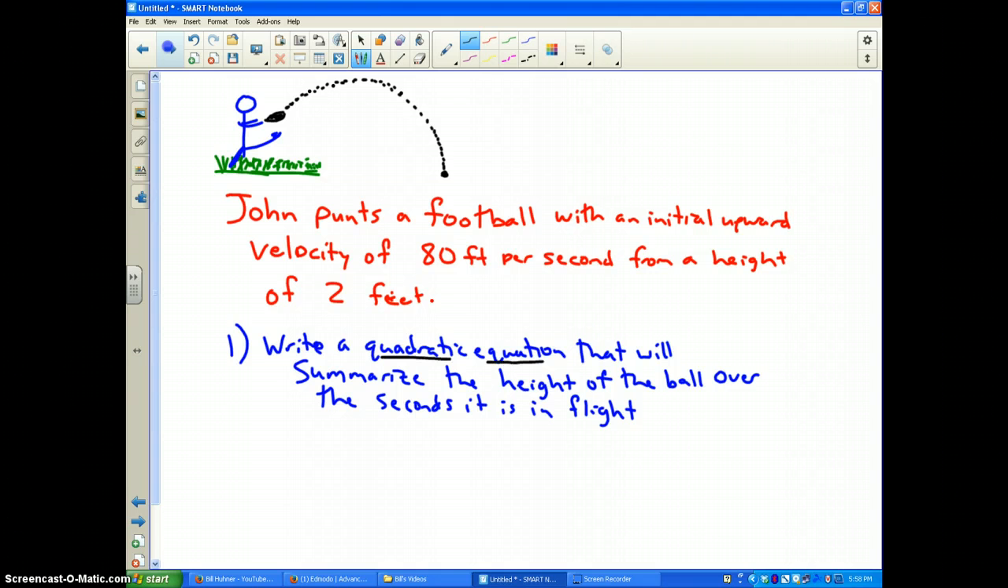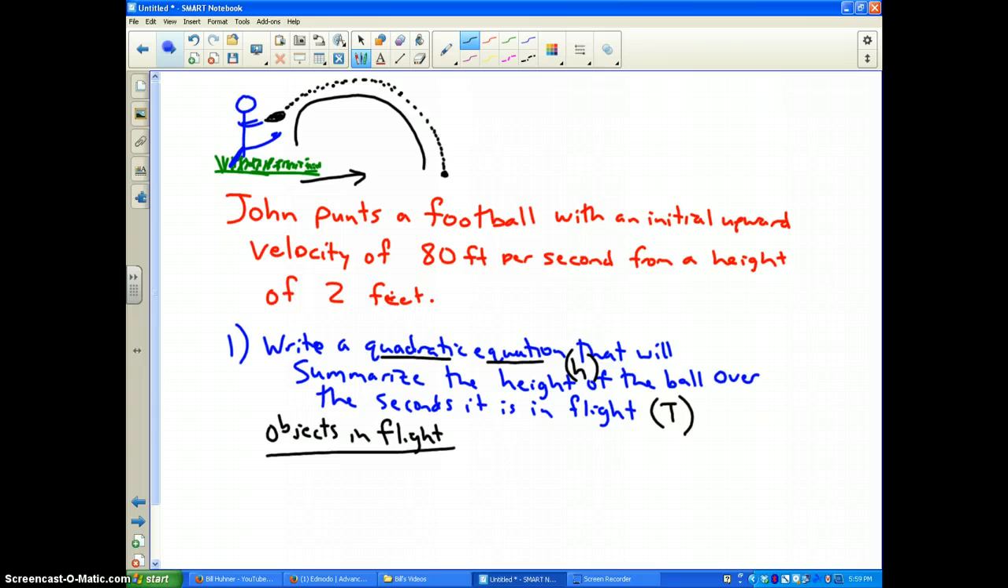Now, first and foremost, we need an equation. We need a quadratic equation that's going to summarize the height of the ball over the amount of seconds that it's in flight. Our two variables are going to be time and the height of the ball, because as time goes along in this direction, your heights are going to go up and then come back down, which is where our parabola or our quadratic equation comes from. So, to write a quadratic equation when you're dealing with objects in flight, I'm going to write this down for you: objects in flight,